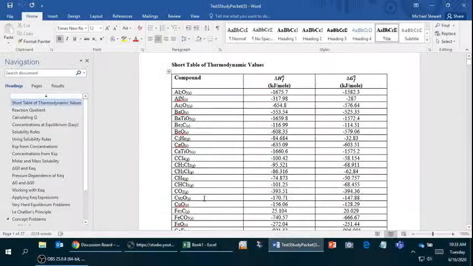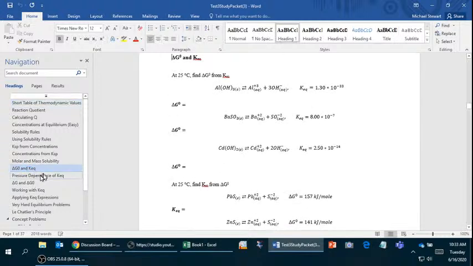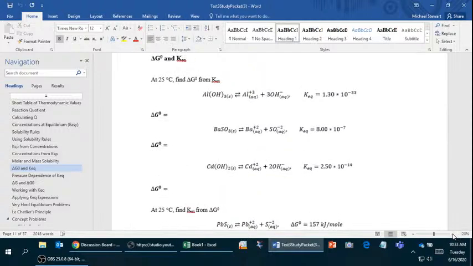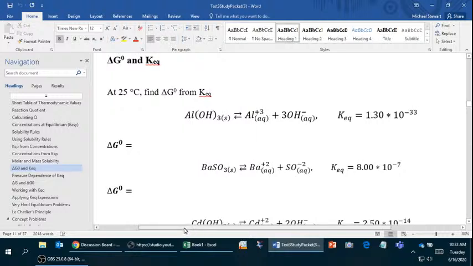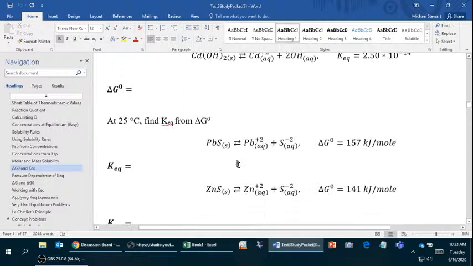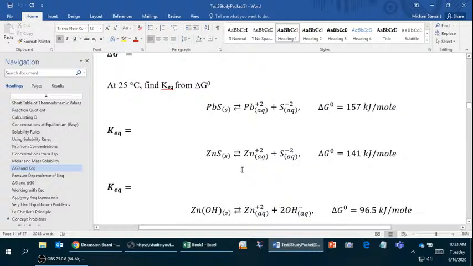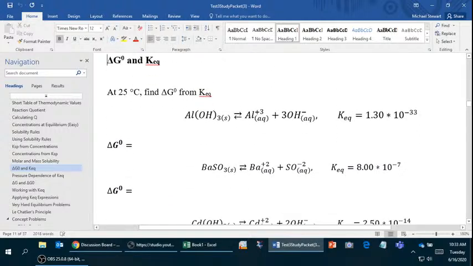This question is about finding delta G from an equilibrium constant. I'll bring up one of the problems in the packets. These problems are basically solved the same as the ones beneath them. We've got delta G naught from KEQ, and beneath it KEQ from delta G naught. The relationship we're going to work with here